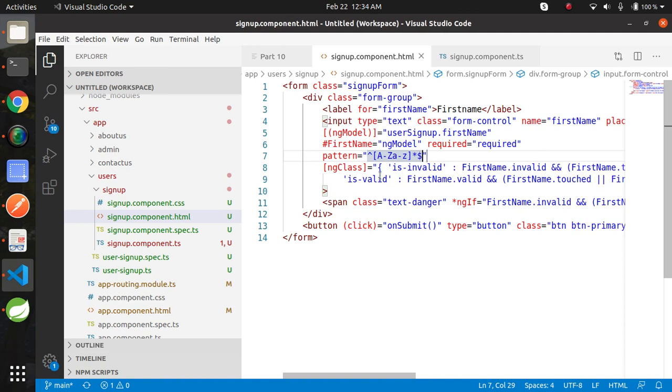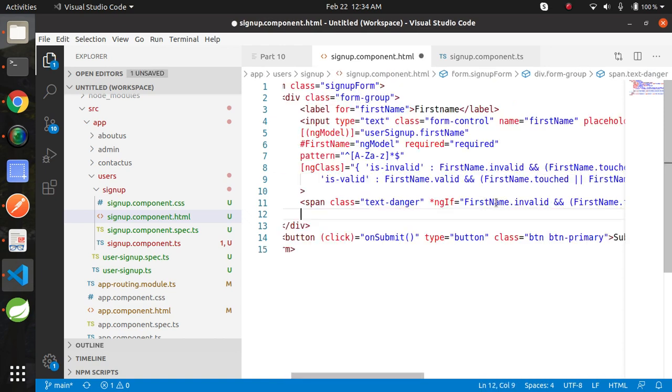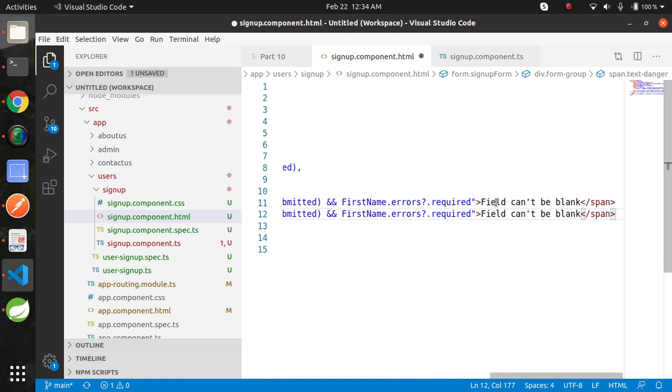Now add a condition for this pattern. Just copy this span completely and paste again, and change one more thing. In place of required, add pattern.